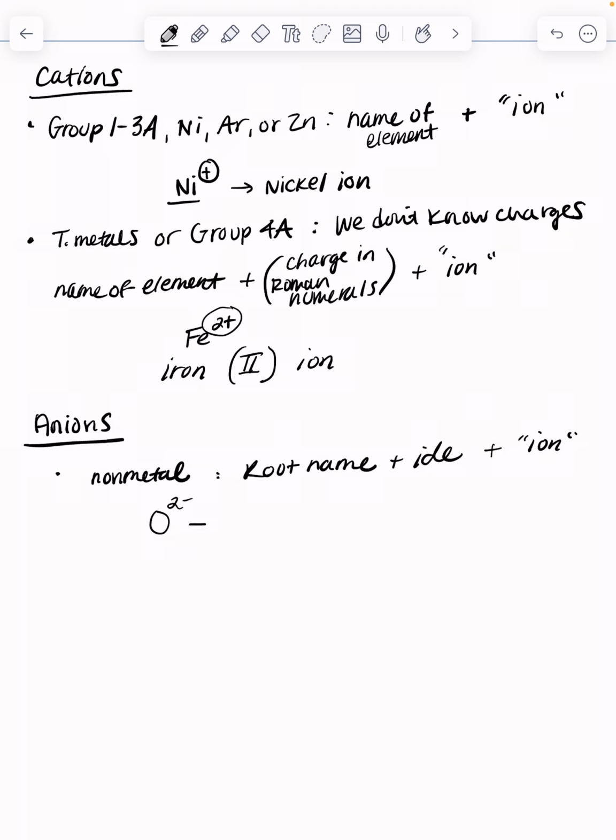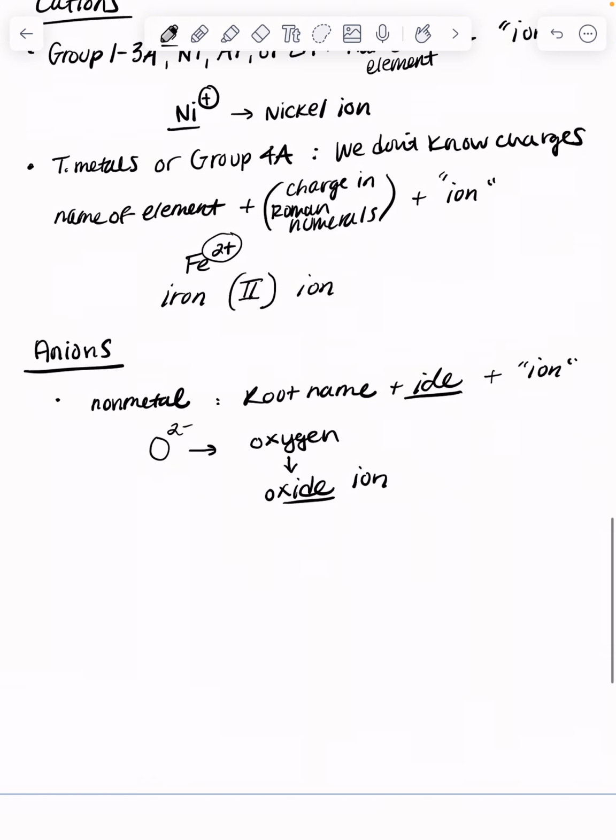And I also know that I'm going to take the root word out of this, so oxygen. I'm going to take ox, and then I'm going to end it with ide, right? So oxide ion. Fantastic, right? So let's do a couple example problems. Let's do